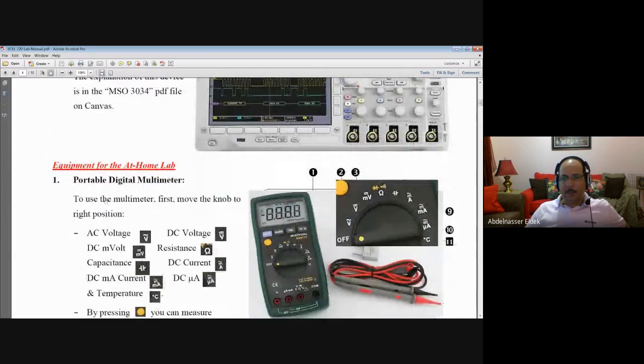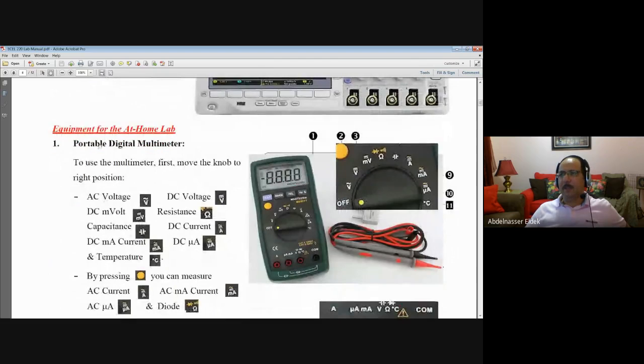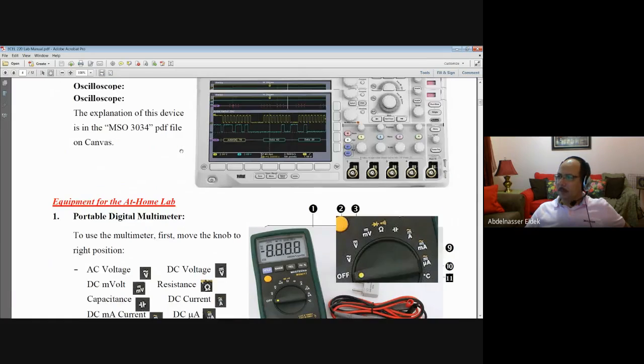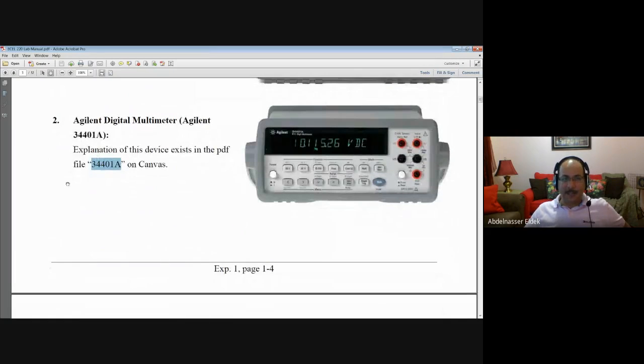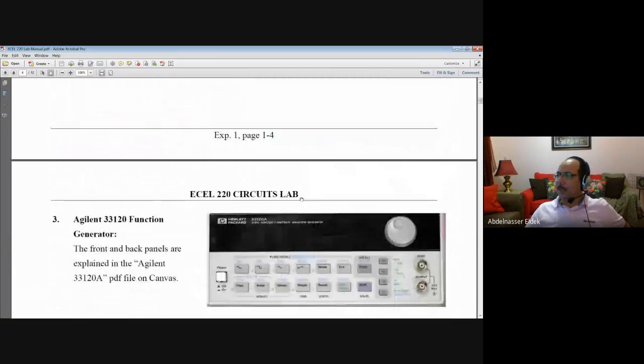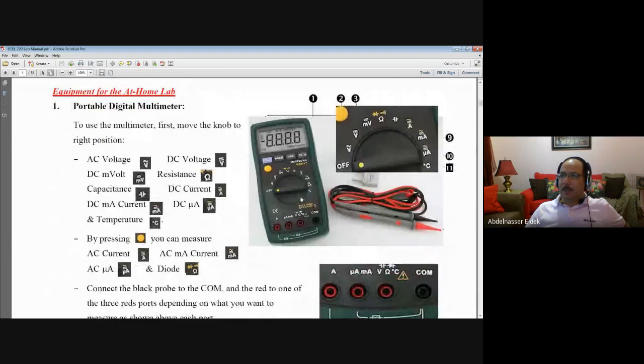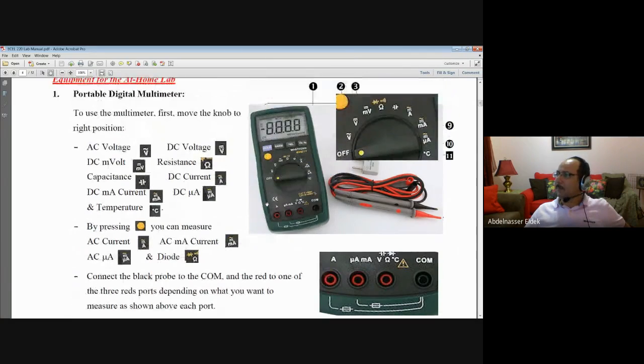For the at-home lab, you have this equipment here. You have this portable digital multimeter. The portable digital multimeter is very similar to the one at the top here. This is a digital multimeter, so it is the same as this one, but of course it is not as expensive. Every one of you should buy one because we will use them in the at-home lab. The digital multimeter looks like this, but may have some different shapes, of course,